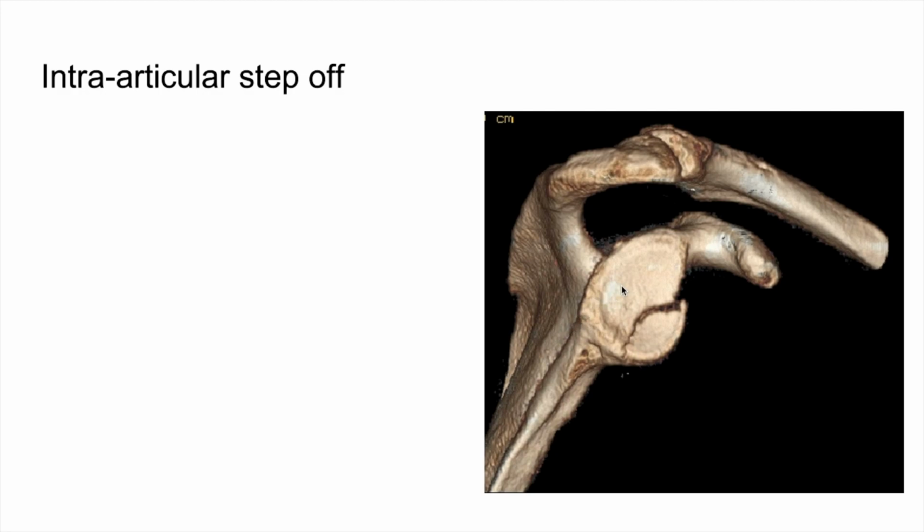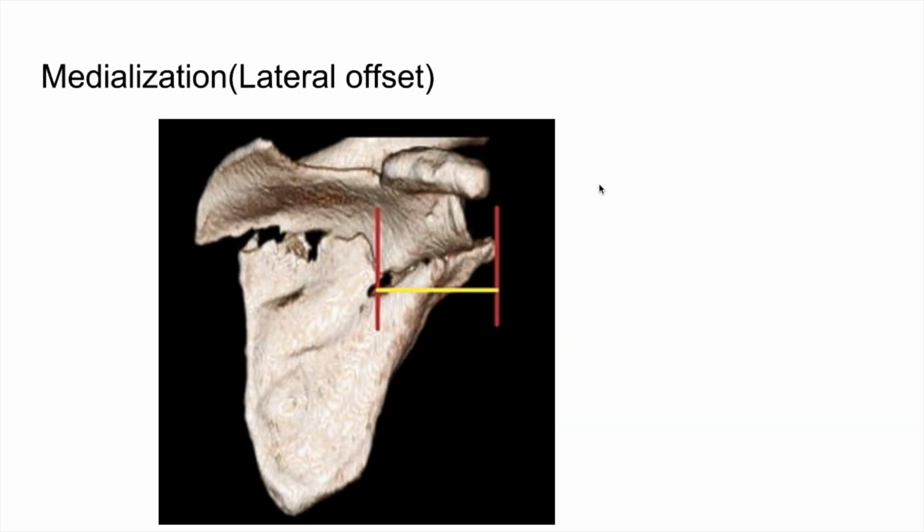To look at the intra-articular step, the best way is through CT scans and 3D reconstruction of the CT scans. So 3D reconstruction is a must in most of these cases where you suspect a glenoid fracture. And some of the other parameters that you should see on X-rays and CT are medialization or the lateral offset. So when the lateral border of the